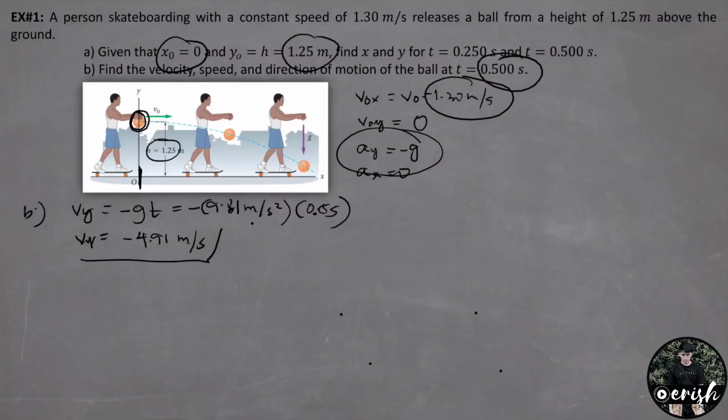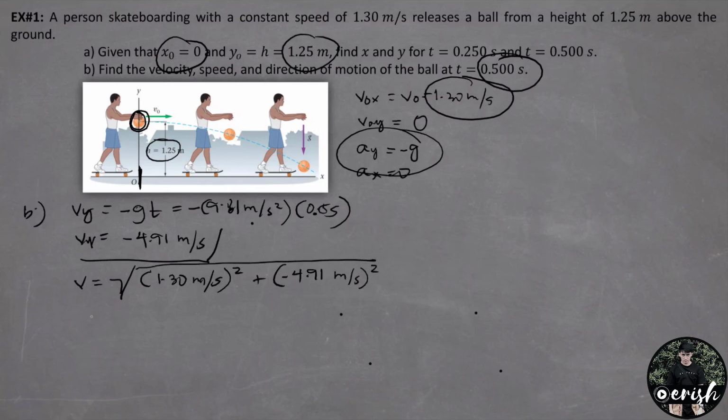We solve for the velocity by Pythagorean theorem. Vx muna, we have 1.3 meters per second squared, plus Vy naman, negative 4.91 meters per second squared, quantity squared. V natin is equal to